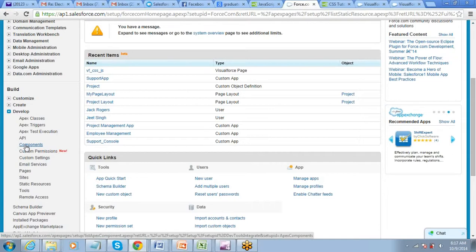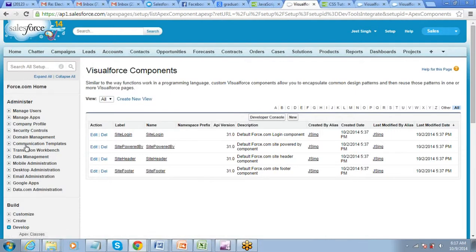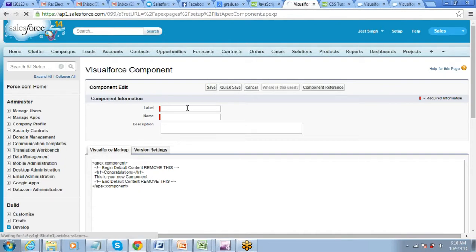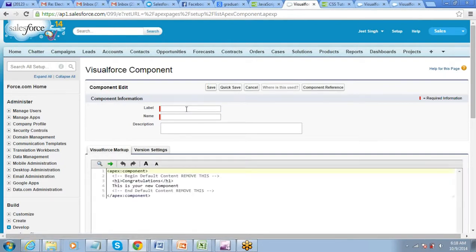So go to Setup, Develop, Components, click on this, and then you can develop your own component. Click on New. I call it ABCD, let's say. Okay.